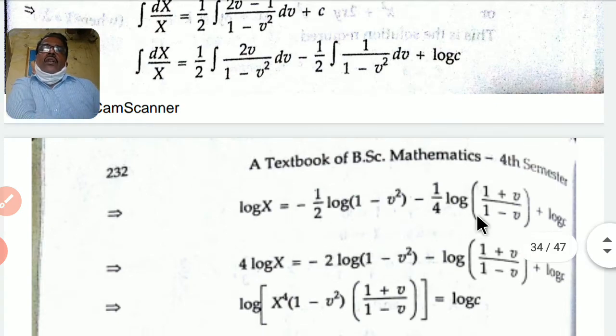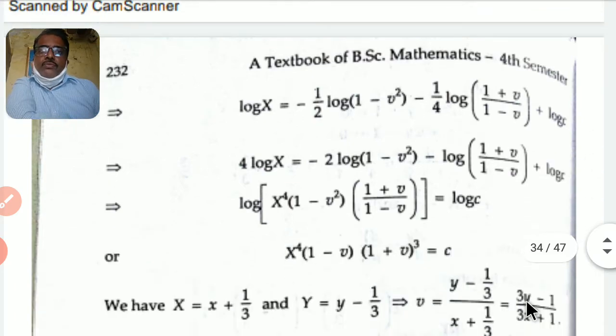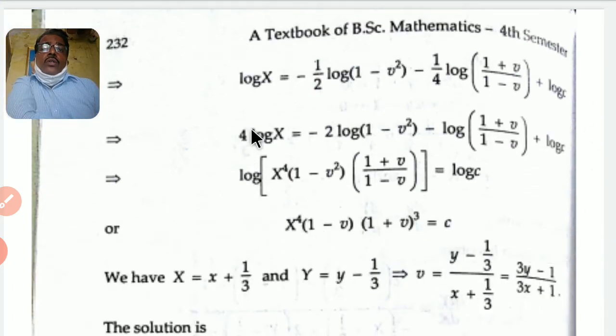Okay, now taking 4 as the LCM, and then here 2 is multiplied and cross multiplying, so 4 log x is equal to minus 2 log 1 minus v square minus log 1 plus v divided by 1 minus v plus log c. Okay, so now again what we do, log,